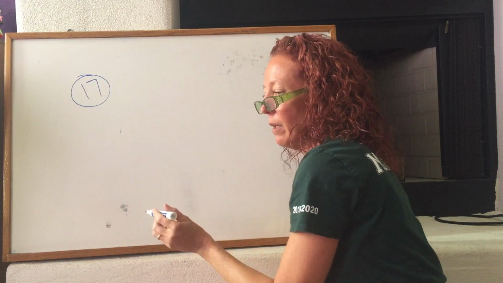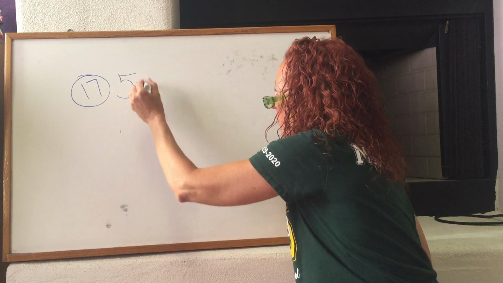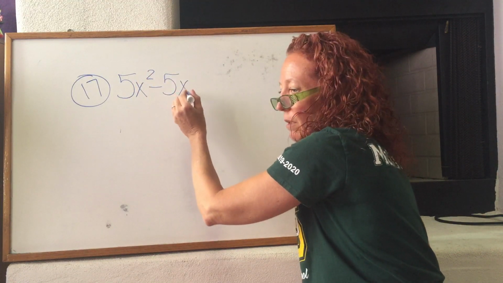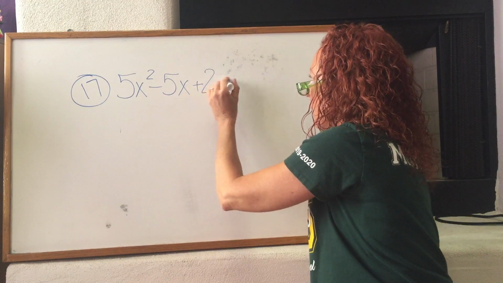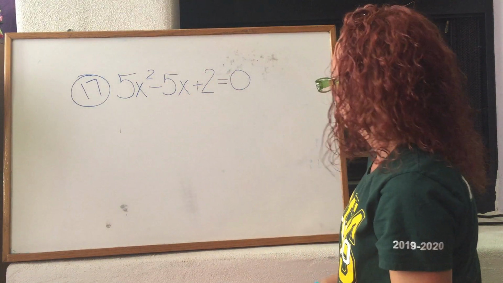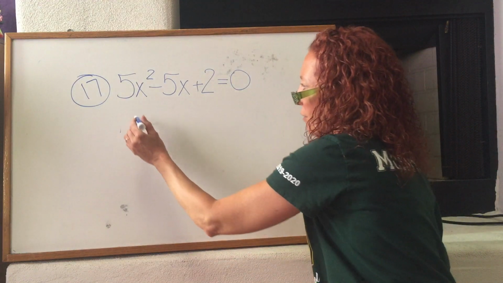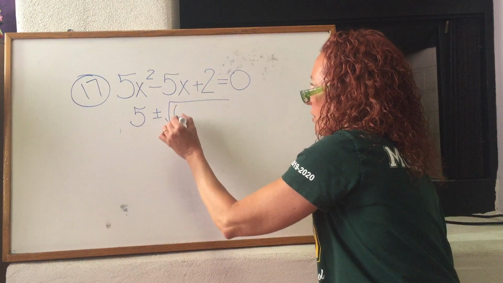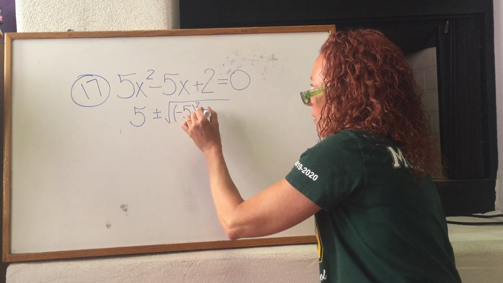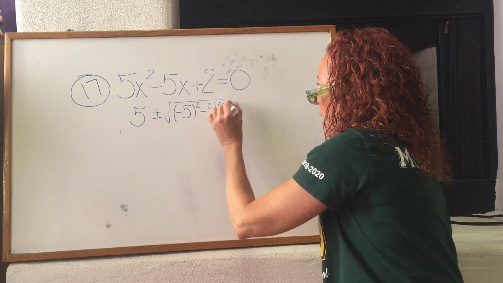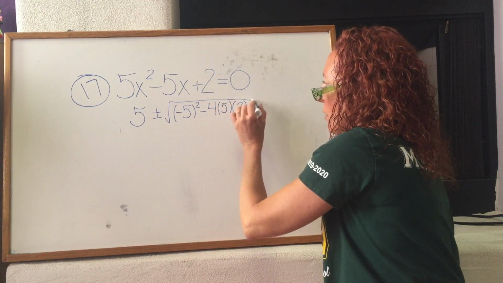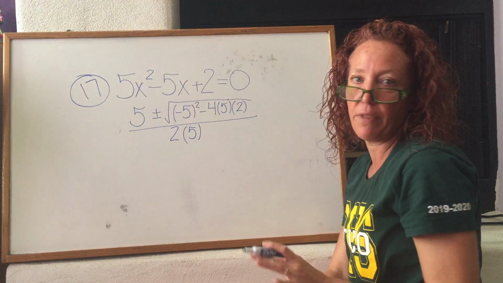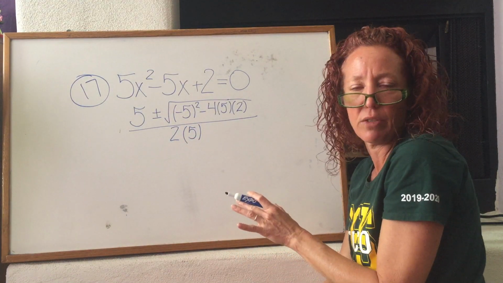17, 5x squared minus 5x plus 2 equals 0. So again, I would use the quadratic formula. So negative b plus or minus the square root of b squared minus 4 times a times c, all over 2a. Another argument to be made for the final, having so many of these quadratic formulas, is